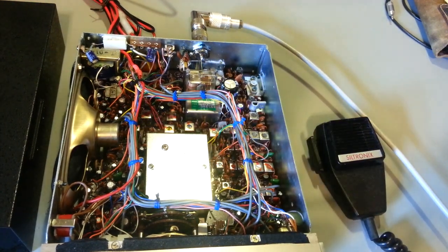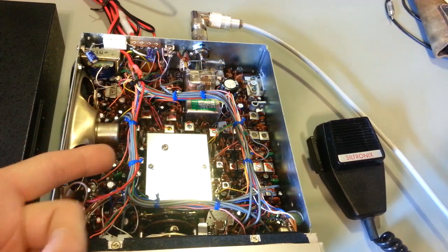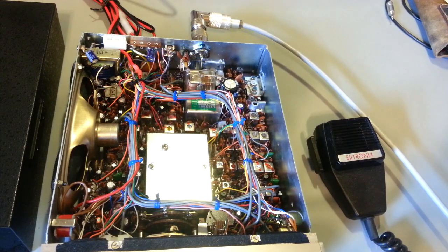I know nowadays all the rage seems to be widebanding, hi-fi. Well, come on people, they're AM radios. You're going to get hi-fi out of something like that, of a CB, about as well as you're going to get hi-fi out of my left big toe. So,